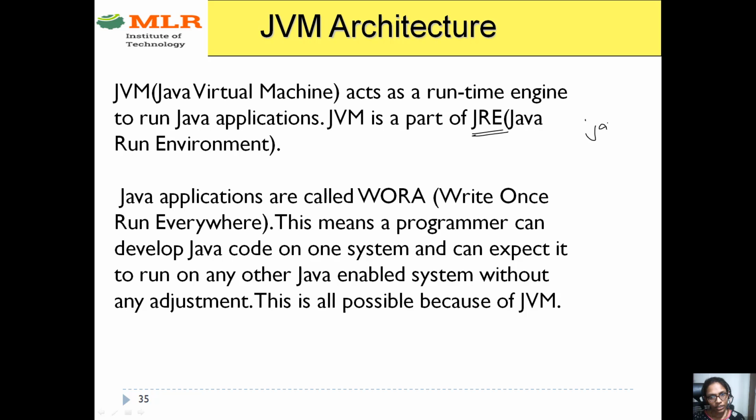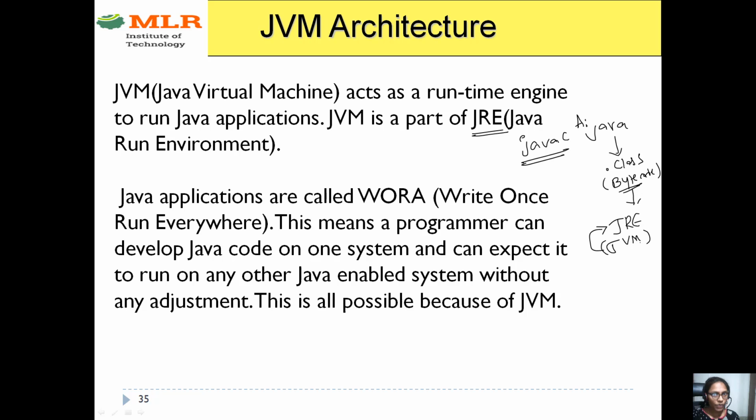JRE is responsible for running your application. As we have seen, we can compile a Java program using the javac compiler. The name of the compiler is javac. For example, my program name is a.java. So javac a.java will generate the .class file, which is also called bytecode. Now this bytecode will be given to JRE. In this JRE, JVM has the main role. JVM is part of JRE and is responsible for executing your bytecode.